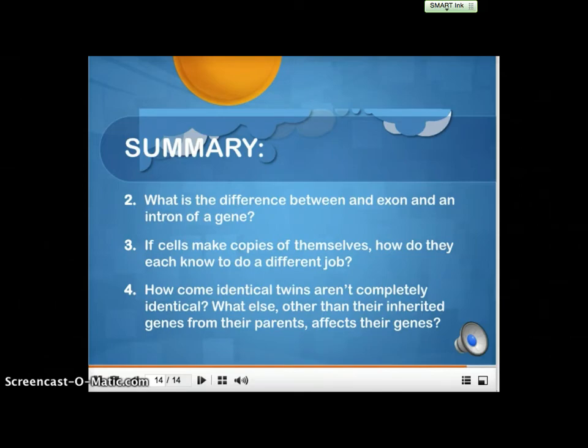Hopefully you remember that cells go through a process of differentiation. This turns certain genes on to allow them to do a certain job, and the other genes that are unnecessary get turned off. Number 4, how come identical twins aren't completely identical? What else, other than their inherited genes from their parents, affects their genes? Hopefully you said the environment. Remember that the environment influences genes that are expressed,